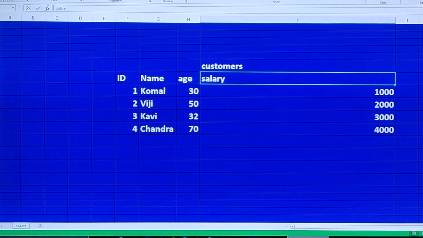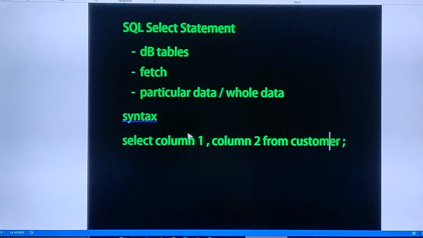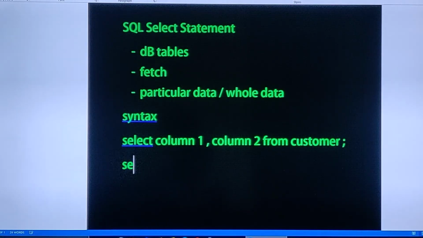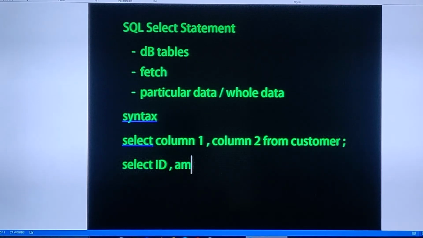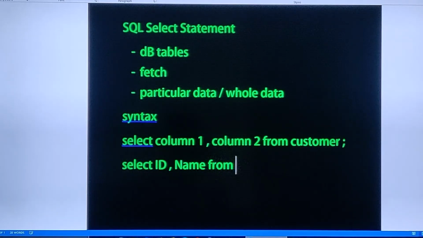So if this is our existing table, and according to your syntax you want to fetch only the column 1 and column 2 data from this customer table, the exact syntax would be: select, the first column name is ID, the second column name is name, from table name.